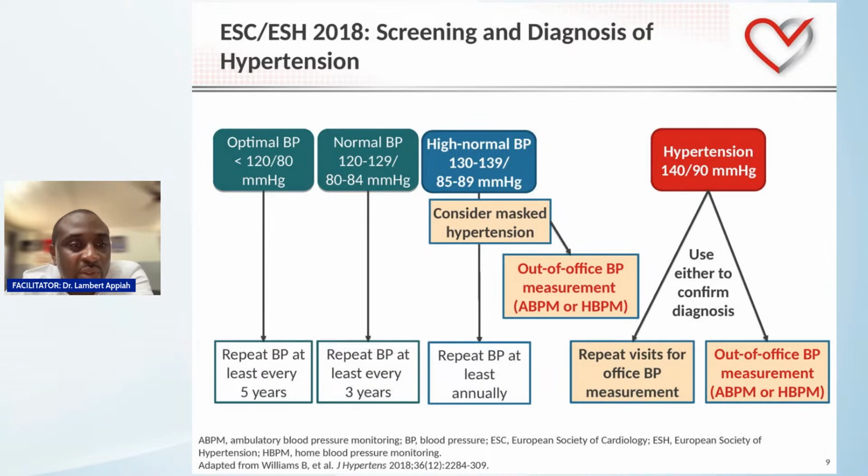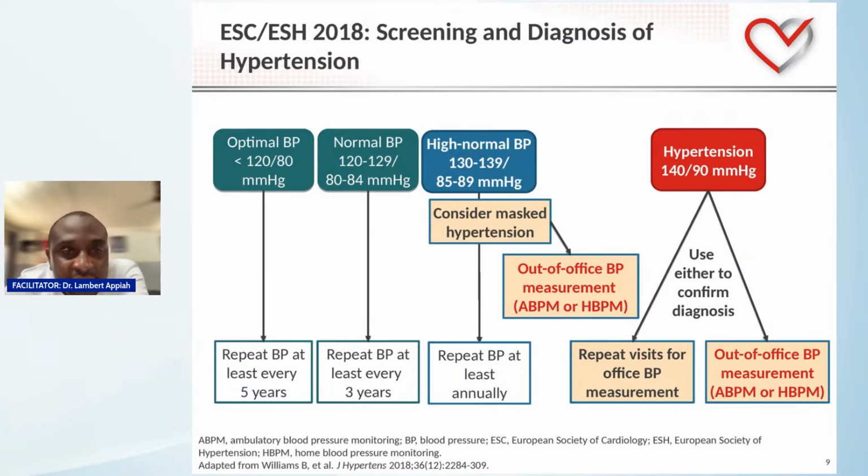For such an individual, you can decide to repeat blood pressure every 5 years. If the blood pressure is normal, that is, has gone beyond optimal, you can also repeat such BP readings every 3 years. The interesting bit comes in when the patient has high normal blood pressure and you don't know if this is a case of